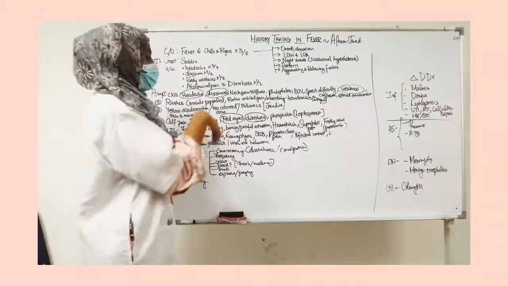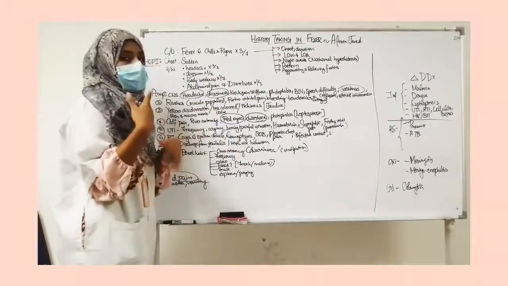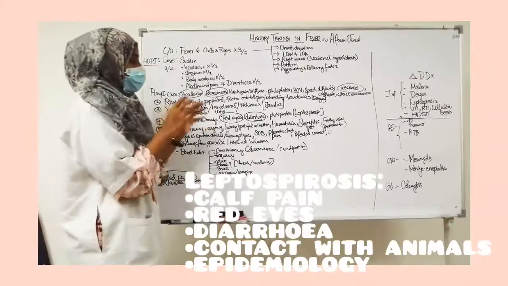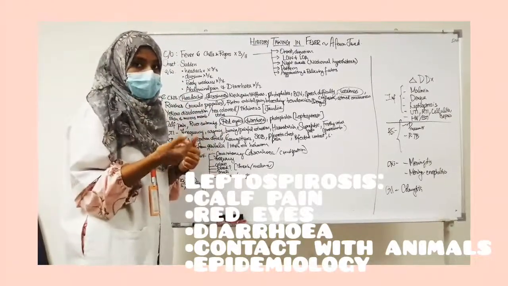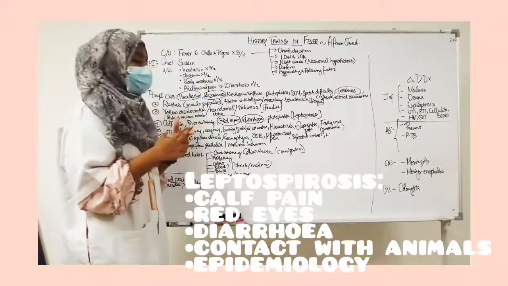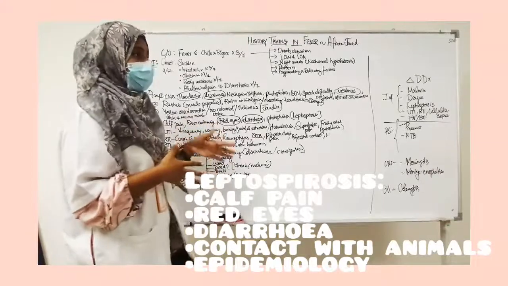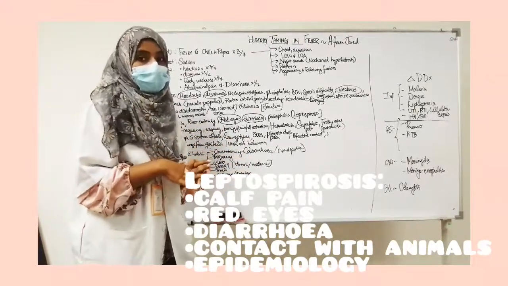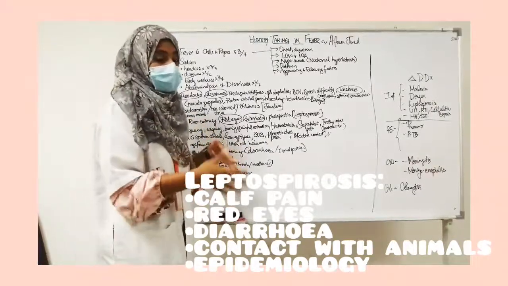Apart from that, the next thing was leptospirosis. So we asked all the signs and symptoms of leptospirosis like calf pain, redness of the eyes, any diarrhea, any photophobia, or you can even ask whether there is a history of river swimming or jungle trekking. In the place where I am doing my clinical phase, this place is really endemic for leptospirosis. So it even depends upon the epidemiology of your particular practicing place.